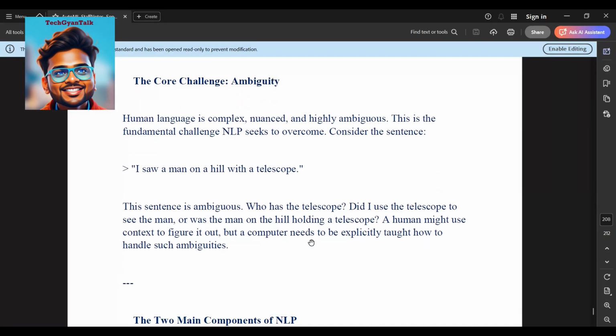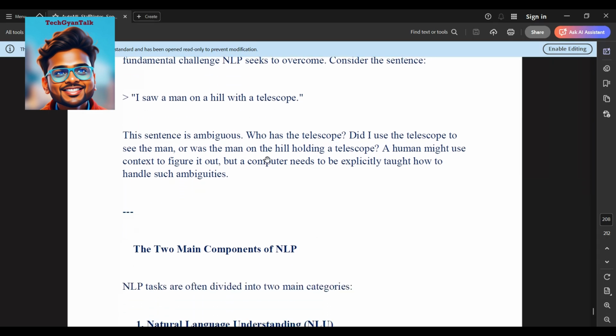And core challenges: ambiguity. Human language is complex, nuanced, and highly ambiguous. This is the fundamental challenge NLP seeks to overcome. Consider the sentence: I saw a man on a hill with a telescope. This sentence is ambiguous. Who has the telescope? Did I use the telescope to see the man, or was the man on the hill holding a telescope? A human might use context to figure it out, but a computer needs to be explicitly taught how to handle